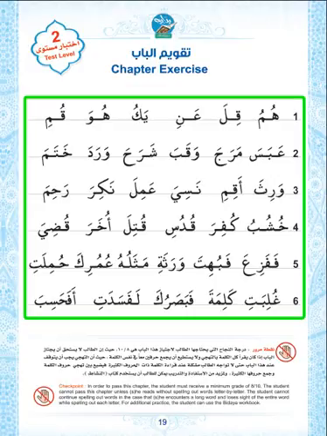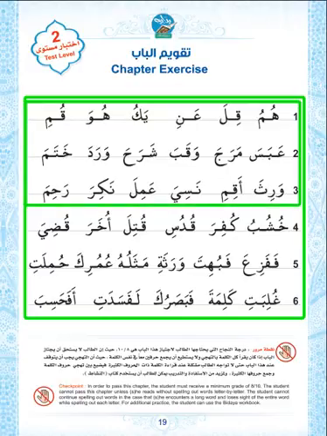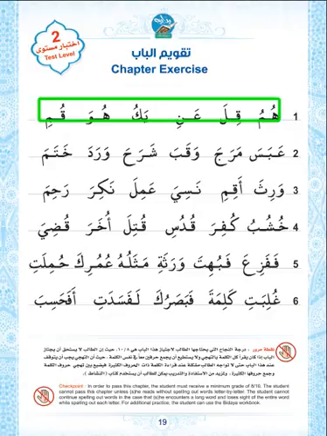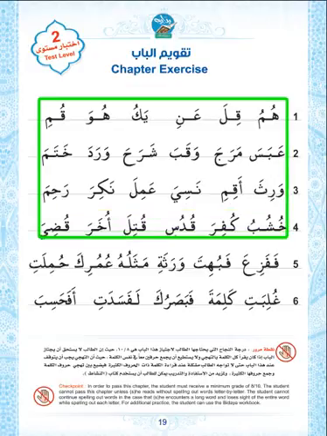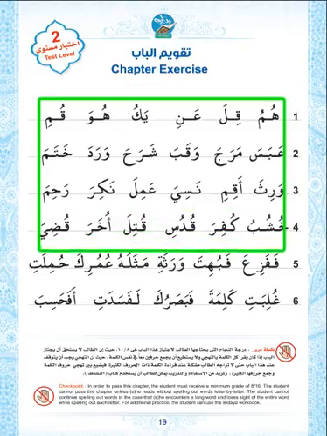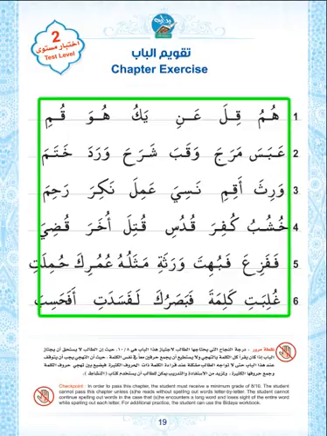For example, if the student shows proficiency in lines 1, 2, and 3 and begins to get stuck near 4, 5, and 6, we know the student struggles with Dhamma, or we know the student struggles with longer words. So the first line mainly focuses on two-letter words, followed by the second line, which is limited only to Fatha, and then third line combines three-letter words with Fatha and Kasra. The fourth line introduces the Dhamma, and lines 5 and 6 increase the length of the words to 4 and 5 letters.